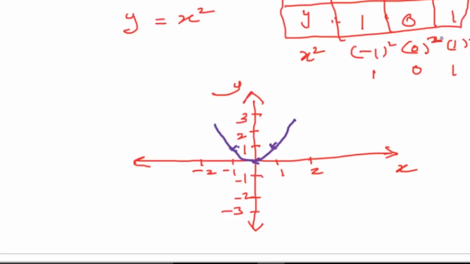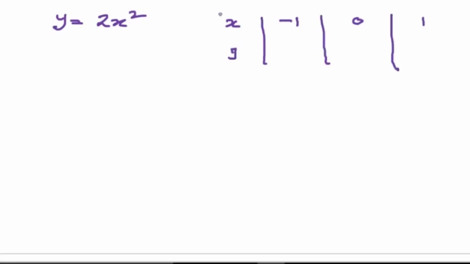Now, let's assume that we're given another function. The function has the equation y equals 2x squared. Now let's repeat what we've done above by taking again 3 points. The same 3 points, -1, 0, and 1. And the y value, remember we calculate the y value by using the function